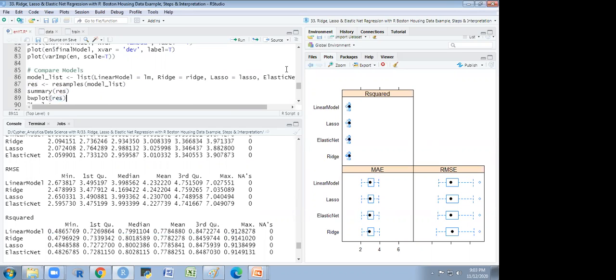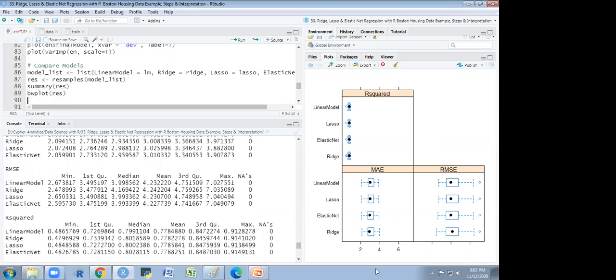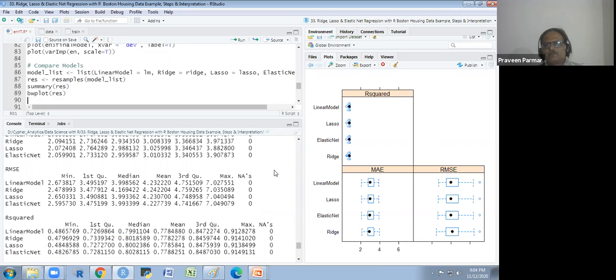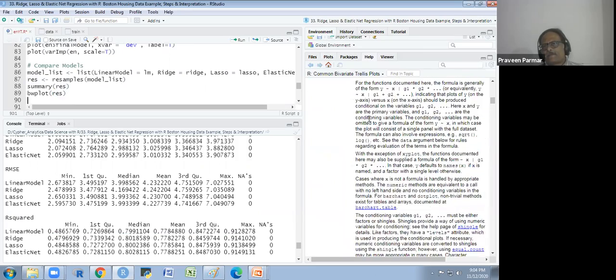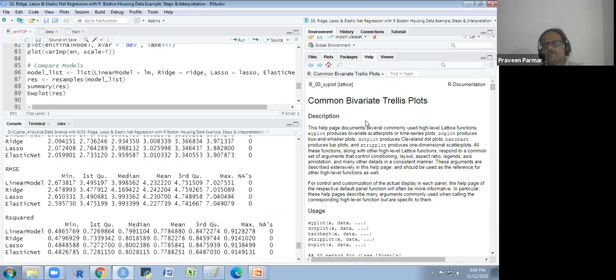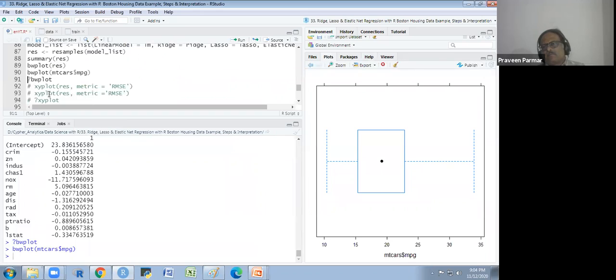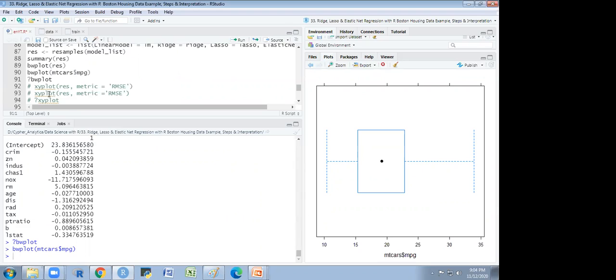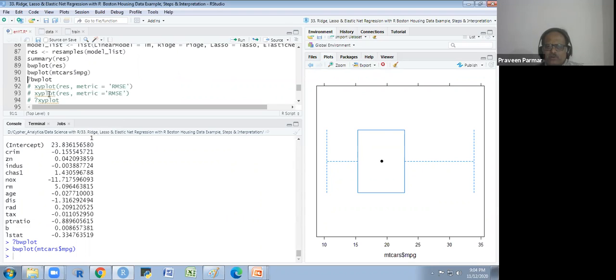So that means box plot is inbuilt in these functions. Yes, I will show you that also. Just a moment. It is inbuilt, basically, in the R documentation. And you could do it this way. I will show you. Got it? That is nothing, that is the box plot only. Okay, sir, thank you.